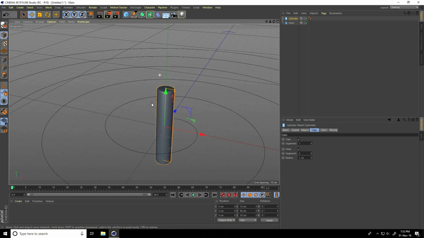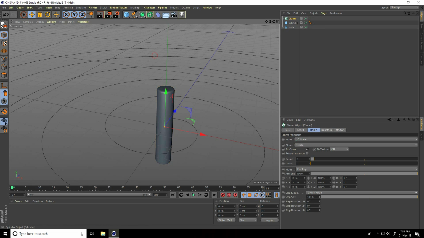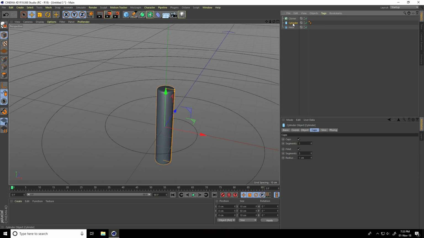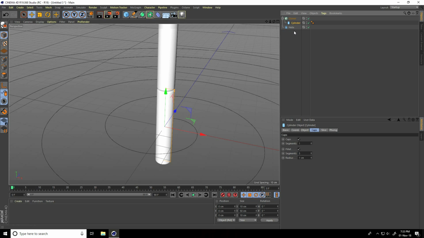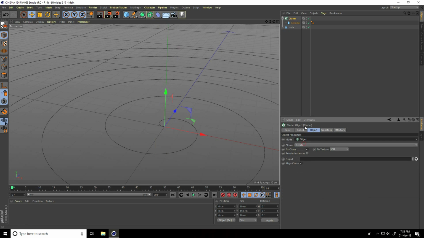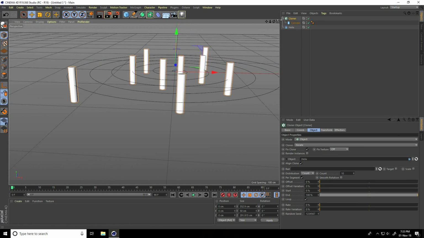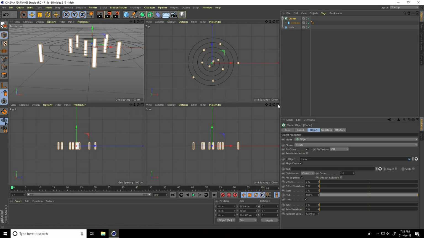Yeah, that's it. And guys, now I take a cloner, select this cylinder and make it a child of the cloner, select the cloner and mode, I use object. Guys, select this helix, drag and drop in object. Yes, create.